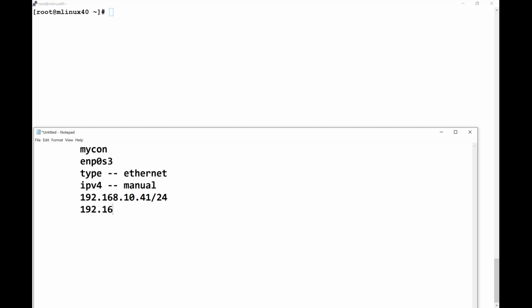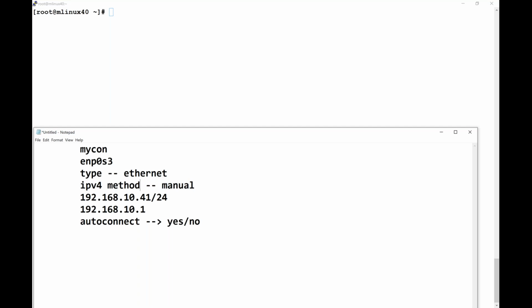I don't have a gateway, but I just want to set up a gateway IP 10.1. Just to show you how to set up a gateway, I'm using that 10.1, right? And lastly, I also want you to decide about the auto connect option, which can be set to yes or no. What is auto connect and when to set yes or no, we'll understand in a short while. So with this requirement, I wanted to go